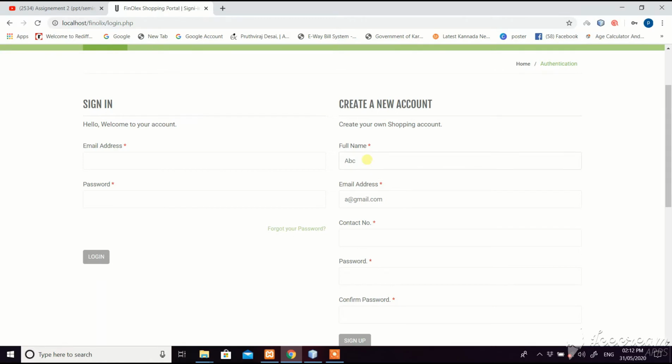The new account is created by providing such details as full name, email id, contact number, and a strong password.